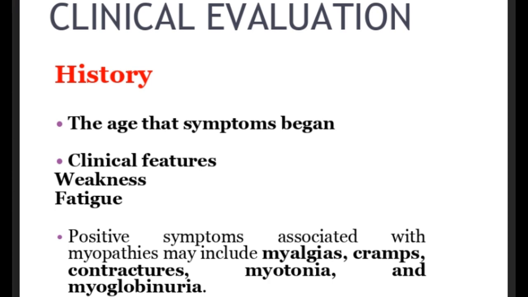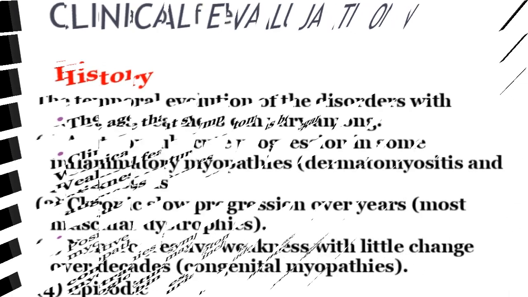Myotonia is the phenomenon of impaired relaxation of muscle after forceful voluntary contraction, and most commonly involves the hands and eyelids, and myotonia is due to repetitive depolarization of the muscle membrane. Myoglobinuria is a relatively uncommon manifestation of muscle disease and is caused by the excessive release of myoglobin from muscle during periods of rapid muscle destruction, which is called rhabdomyolysis.